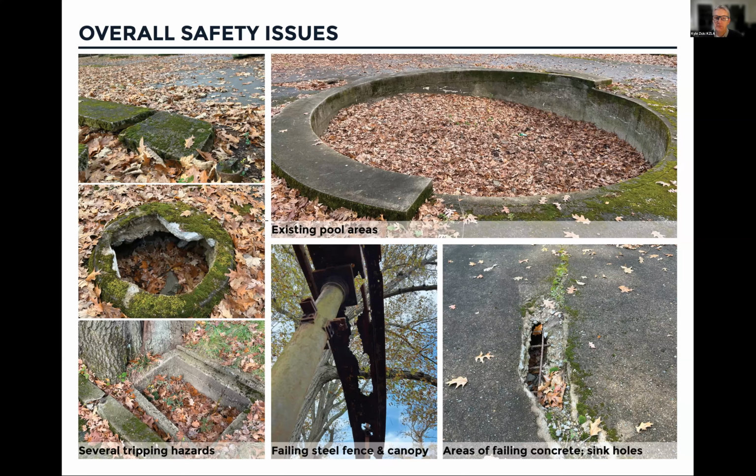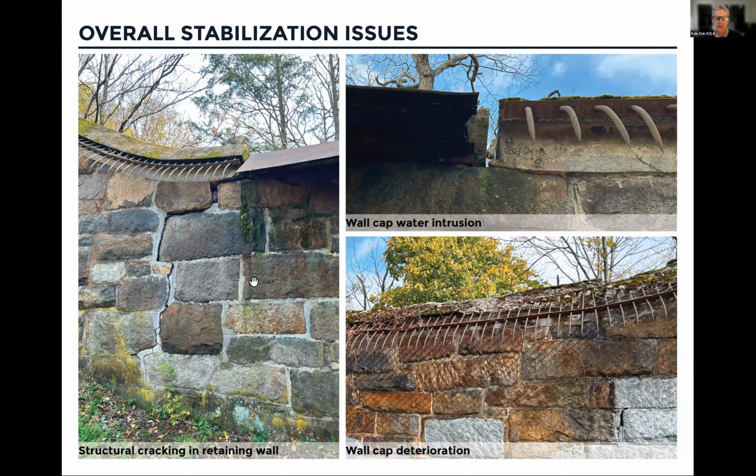But then we have some stabilization issues as well. If we go to cage 4, which is the polar bear cage, you can see a large crack in the wall here, and the stones are actually dislodged. So there's two things going on. One, this portion of the wall is resting on ledge, and this part of the wall is resting on land, so there's a differential settlement going on there. The other thing is that this is where the concrete cap meets the metal cap, and this upper right image is zooming in on that. There's a gap here where water gets into that crack and then freezes and thaws and